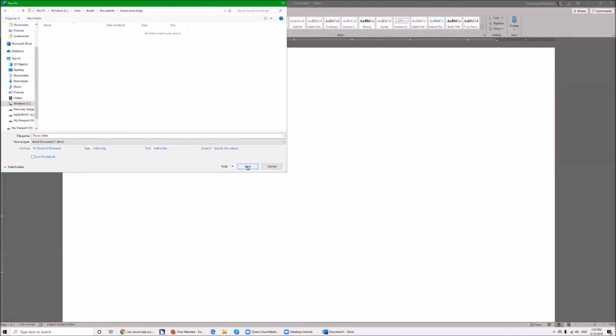Now, I do have a lot of sound recordings, but I don't have any Word documents saved in sound recordings because those are all MP3s. I actually have some MP4s in there too. But this is save as type Word document, so I could save it there. But do I really want to? No. So what I'm going to do is Alt-D again. DOC, that is, and you can also see downloads there, but I'm going to go to Documents and hit Enter